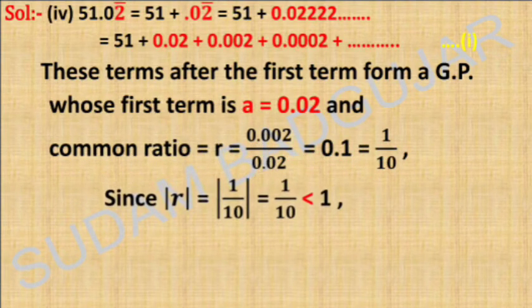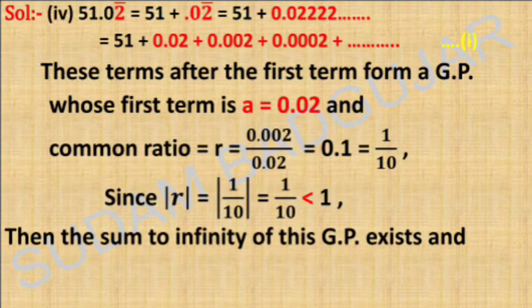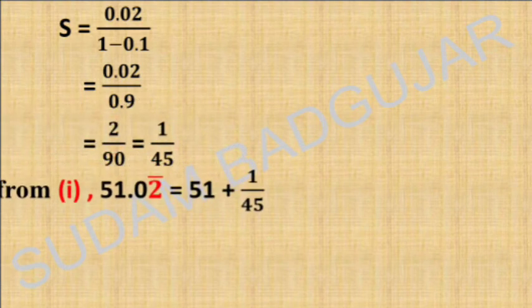Since the absolute value of R is equal to the absolute value of 1 upon 10, which is 1 upon 10, that is less than 1, hence the sum to infinity of the GP exists and its value is A upon 1 minus R. Now substitute both the values here, that is A is 0.02 upon 1 minus R. What is R? 0.1, that is 0.9, that is 0.02 upon 0.9, that is equal to 2 upon 90, that is 1 by 45. So equation 1 becomes